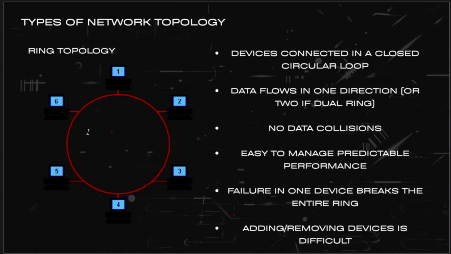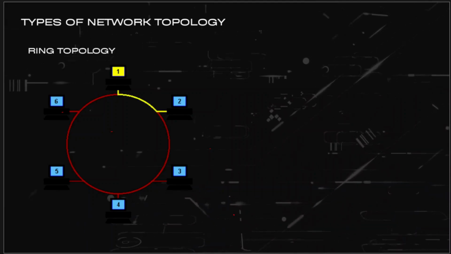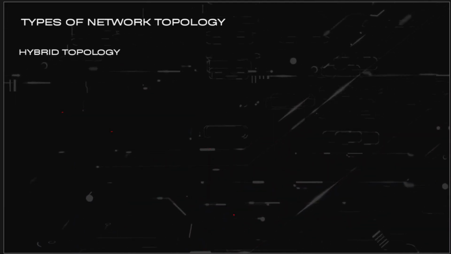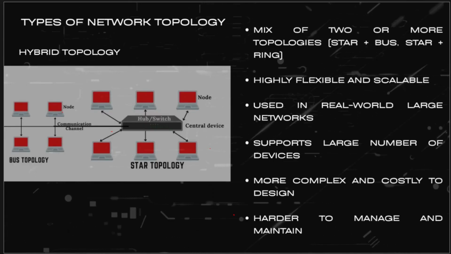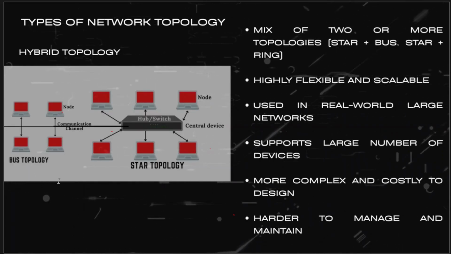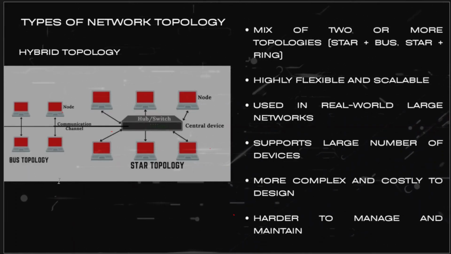So this is about ring topology, and next we will be going to hybrid network topology. So in the real world solution, if you see, we have the hybrid topology. In the real world, big companies like Google, Amazon,